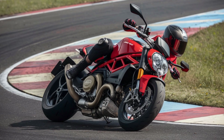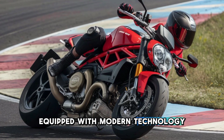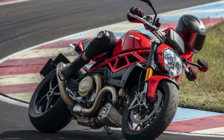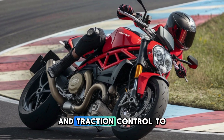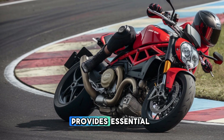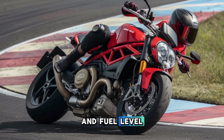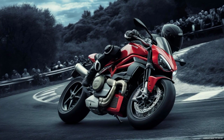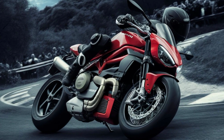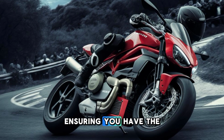Technology and features. The Monster 821 is equipped with modern technology that enhances both performance and safety. The bike features multiple riding modes, allowing you to tailor the power delivery and traction control to suit different conditions. The LCD instrument panel provides essential information, including speed, gear position, and fuel level, all in an easily readable format. Additionally, the Monster 821 comes with ABS, anti-lock braking system, and Ducati's safety pack, ensuring you have the confidence to